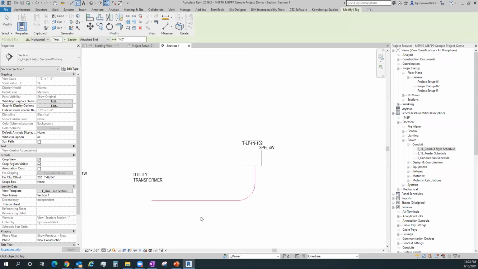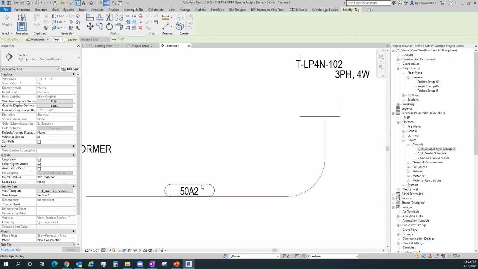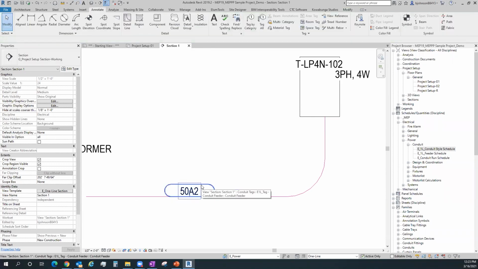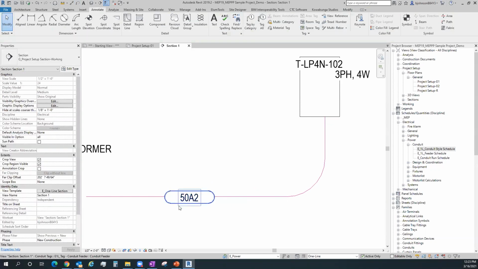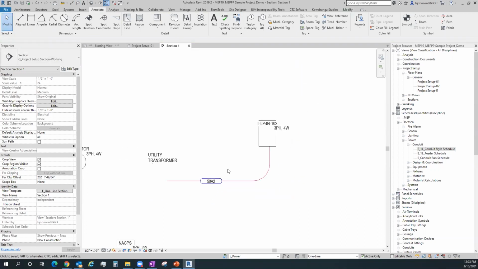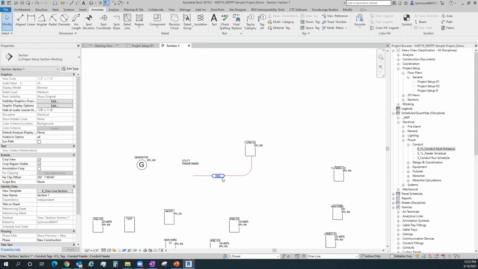So if I do tag by category and I pick on my conduit, maybe I get rid of my leader, then I have the option there of placing that tag and having that key tag sitting on top of my line. There should be an opaque option to that as well, so it'll even cut and break into the line if I stick it on top. So the idea of having conduits and key styles in here gives us the ability to have